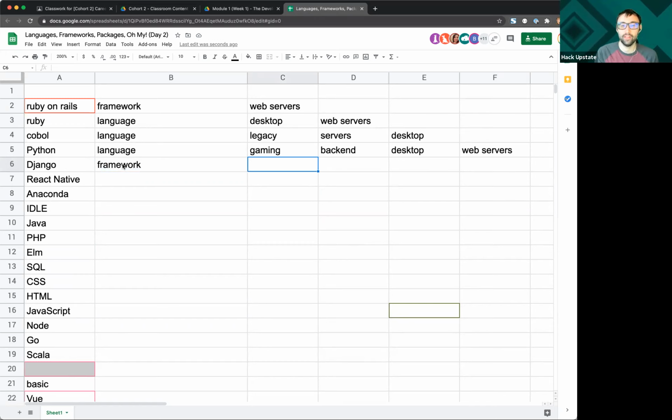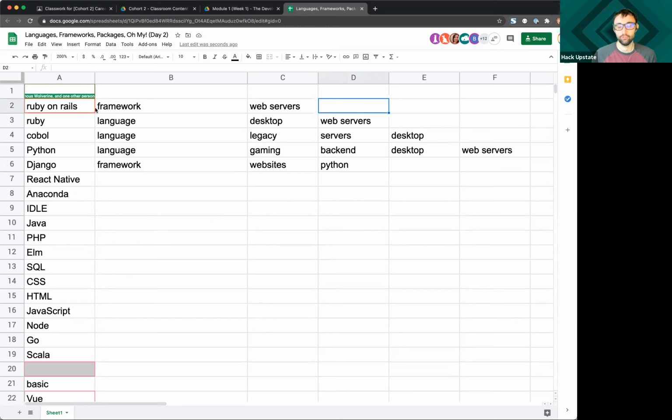It is primarily for websites. And it is written in Python. So let's go back up here and we're going to tag Ruby on Rails as Ruby. So we know what programming language. A framework always utilizes a certain programming language that it pairs with, right? Because frameworks are written in that language.